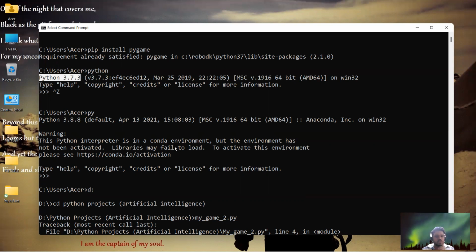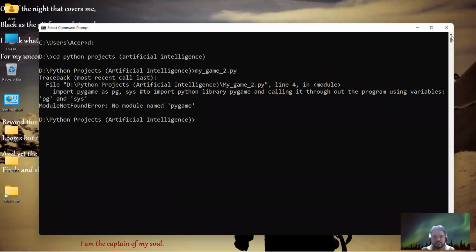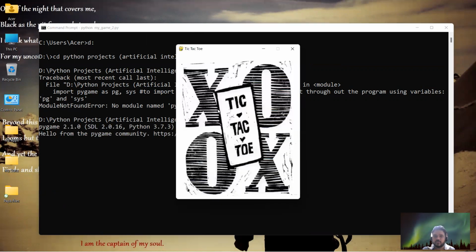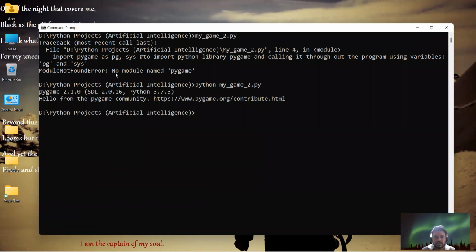There are two ways. The first one is very simple. Both the ways are very simple. What you can do is just type Python, and space, and now type in your Python file name and press enter. Now your program is going to run. Earlier it was showing me this error that there was no module named Pygame, but after I typed Python, this means that I'm explicitly calling Python 3.7.3.